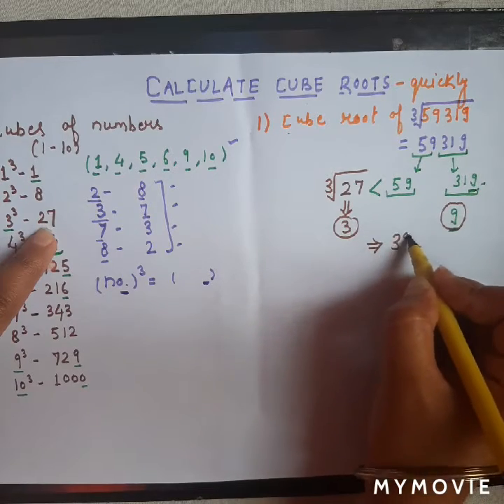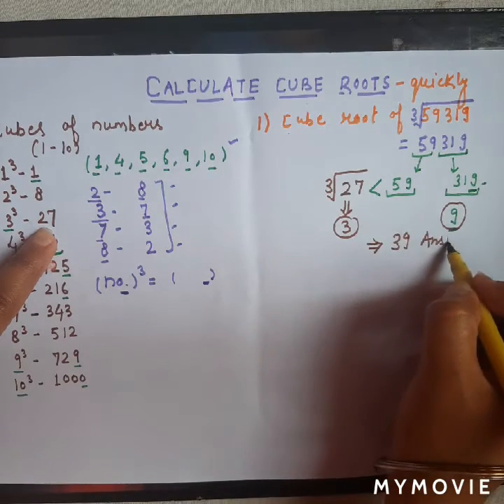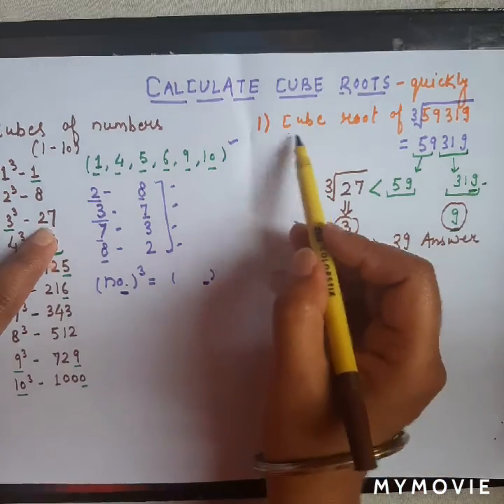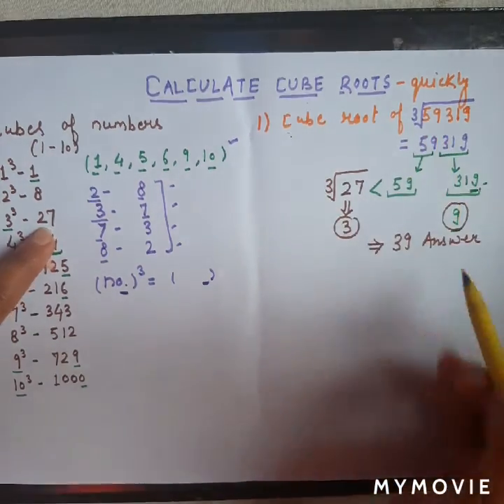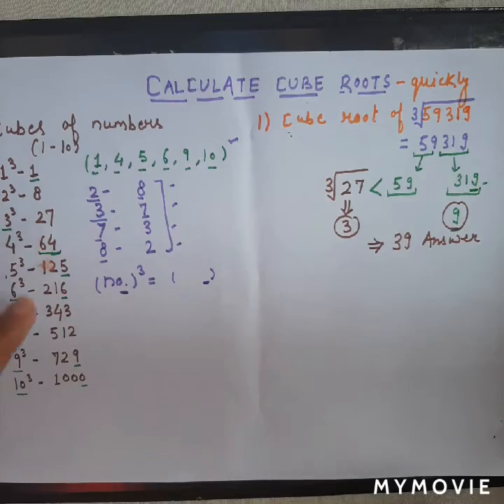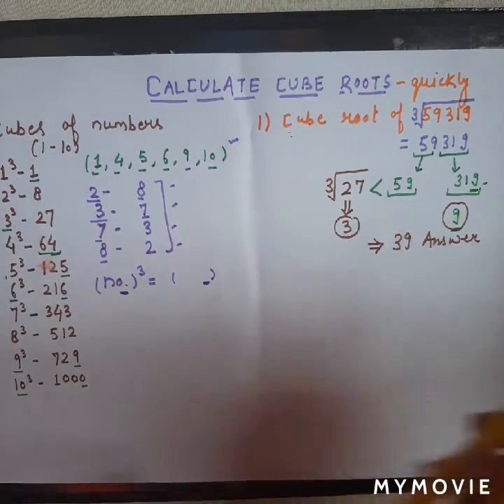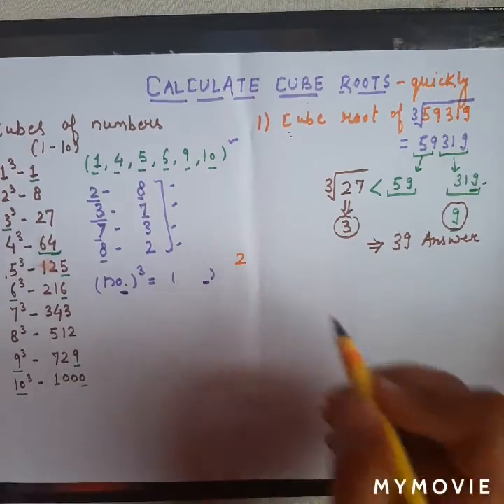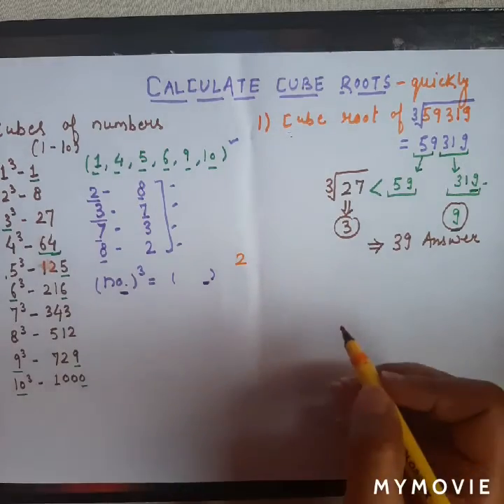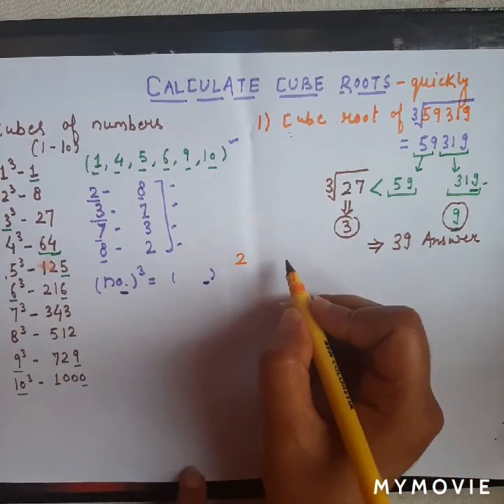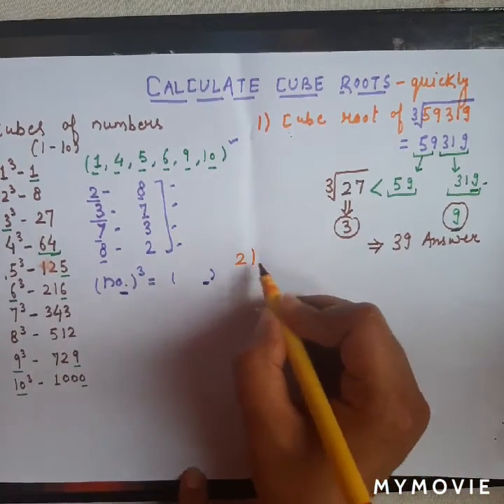So 39 will be the answer of this question. So the cube root of this number is 39. Fine. And we will proceed further for the next example. Let us take another example, and this time I will take